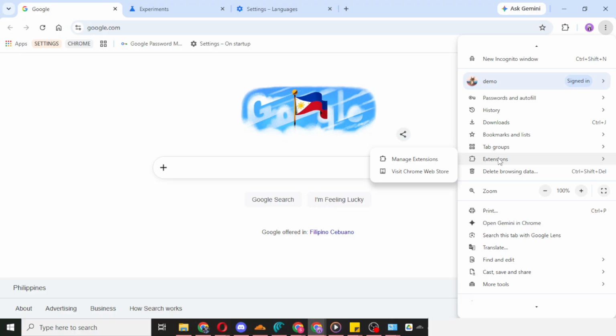Beyond these options, the Chrome menu includes additional tools and features, so feel free to explore carefully. Taking a moment to look through the menu can help you become more comfortable with the browser and discover shortcuts or controls that may save you time later. And that's all it takes to open the Chrome menu and start using the options inside it. Once you know where the three dots are, accessing Chrome's main features becomes quick and easy.